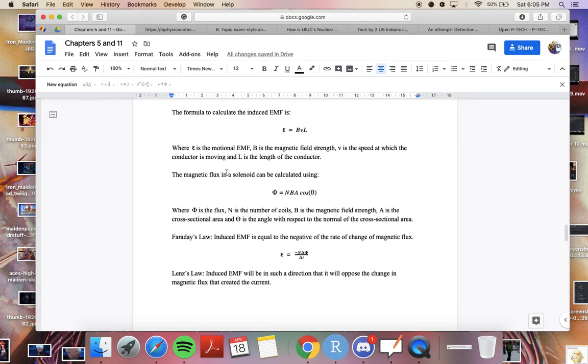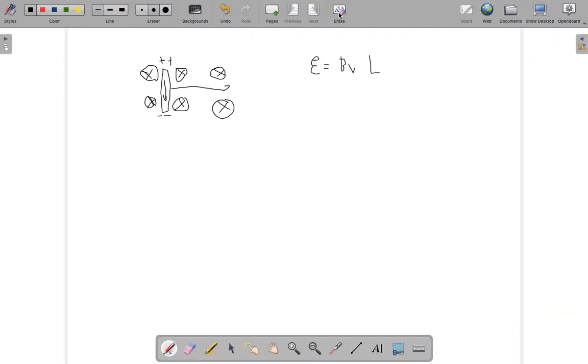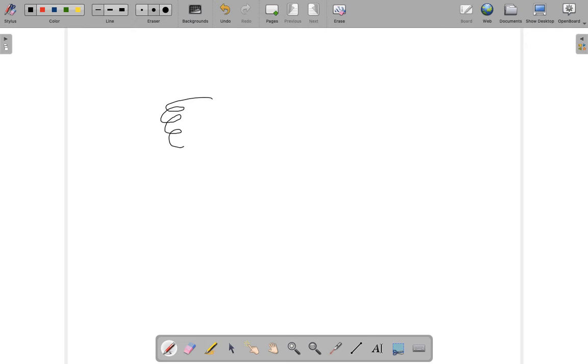Now we can have something similar happen in the case of a solenoid. So let's get rid of all of this, and we have a solenoid, which would look something like this if I were to draw it. So our coils, and let's just connect it to, let's say, an ammeter, so that we can see whether there's a current being generated or not. And let's say we have a magnet over here that we are moving towards our solenoid. Once again, you'll have a current being induced over here,